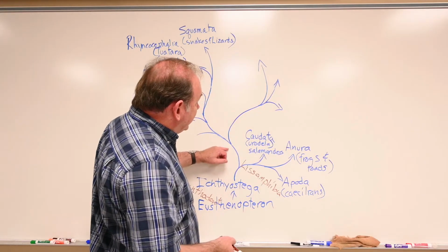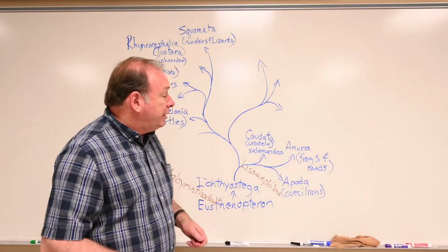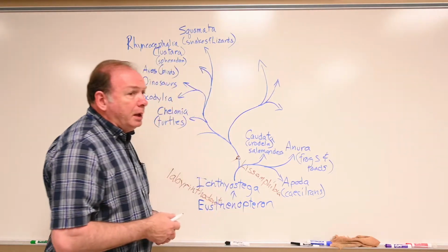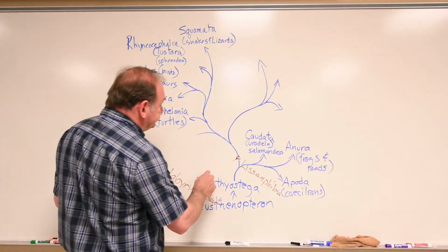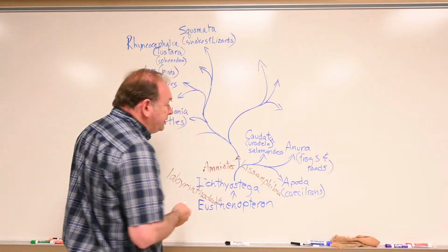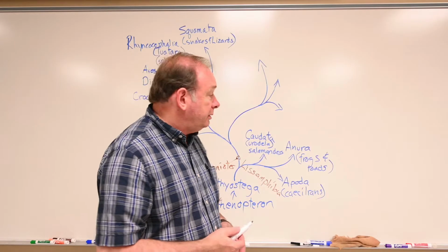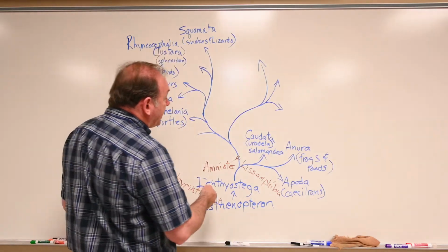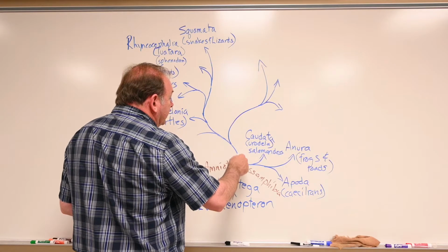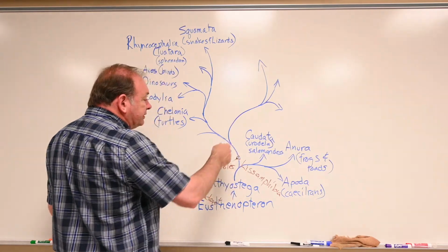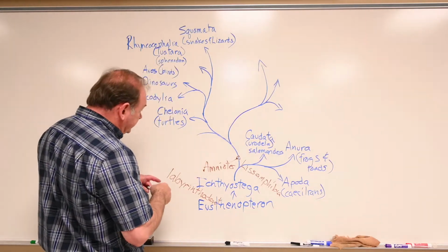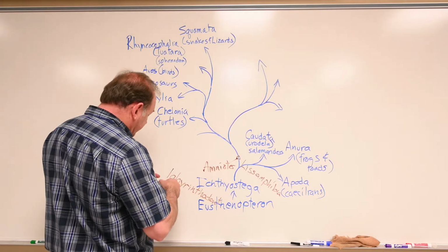Beyond that, we get to our first examples of organisms that have that amniotic egg. So here we have the beginning of the amniotes, and we see those epidermal scales show up as well as we head up this direction. A lot of the ancestral forms in this lineage are also gone. One of the most primitive types to stem through all of this, let's see if I can do this right,